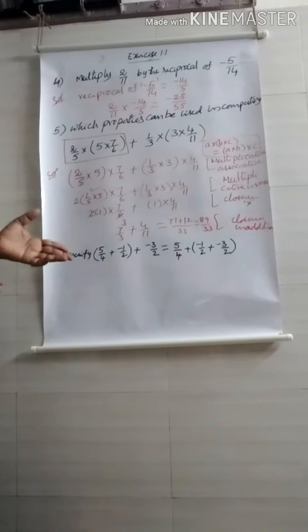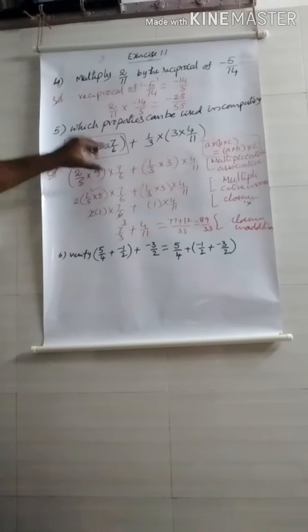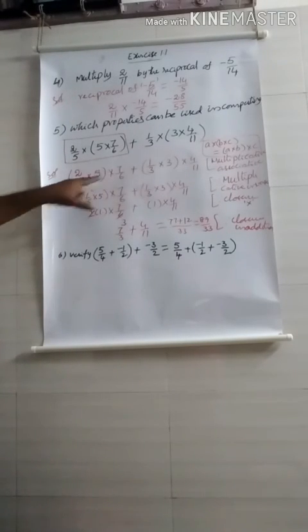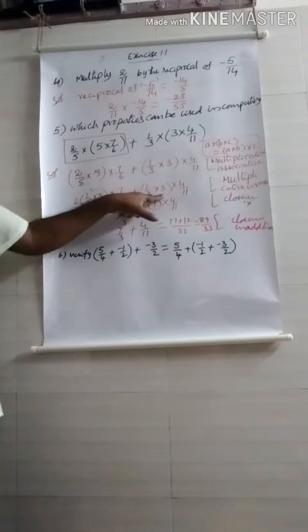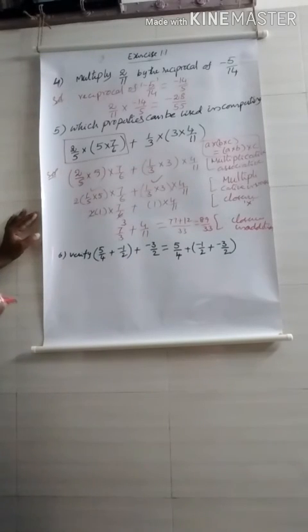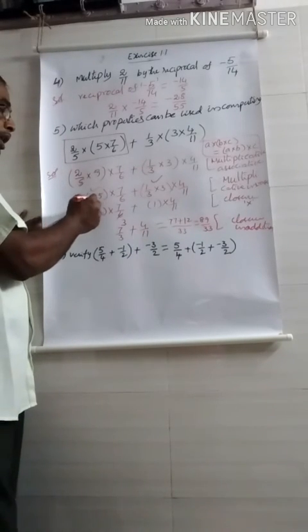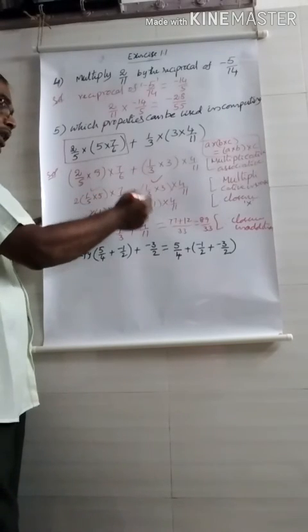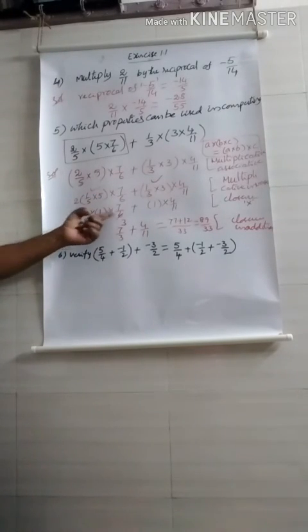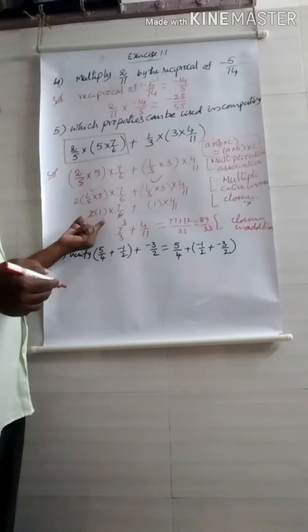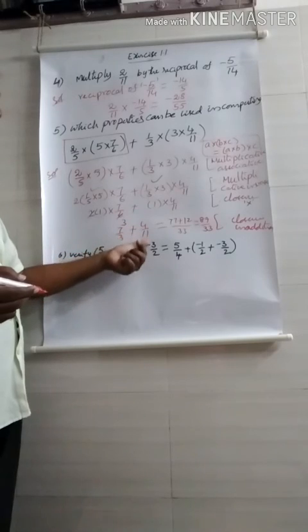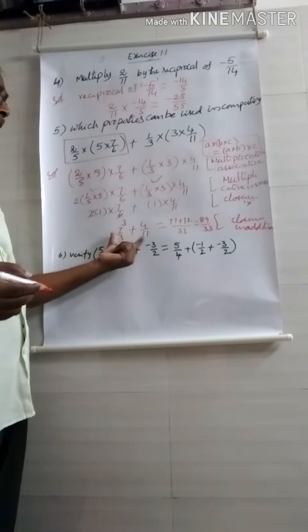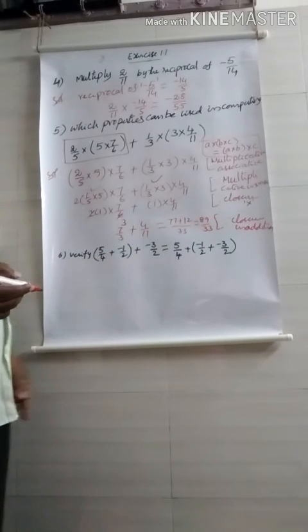What properties we can use is, first we rewrite each part using the multiplicative associative property. After that we rewrite this one like this. What type of property is this one and this one? These two are multiplicative inverse. That means the product of 1 by 5 into 5 is 1. 1 by 3 into 3 is also 1. Here 2 into 7 by 6, multiplicative closure property each one. Then again we get a simple rational number 7 by 3. Here is 4 by 11. Now it is an addition symbol. It's a closure property under addition.